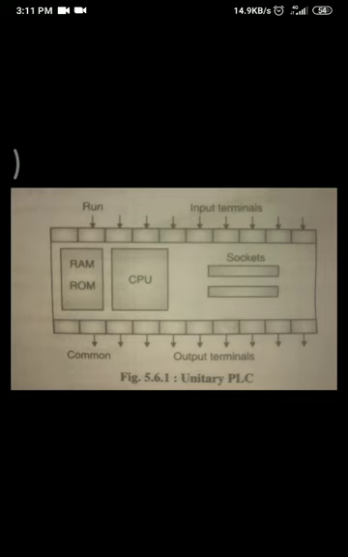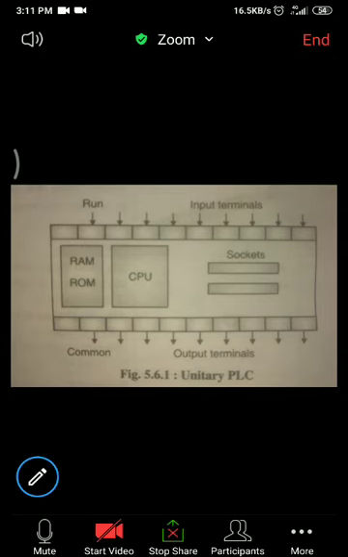It has a maximum of 20 inputs and 12 outputs. So these are the low cost alternative to the normal PLC for a standalone system. The Micrologix 1000 and Simatic S7, these two types of unitary PLCs are available in the market. Getting it? So this is your unitary PLC. I hope now there is no doubt in this. So we'll move on to the modular PLC now.